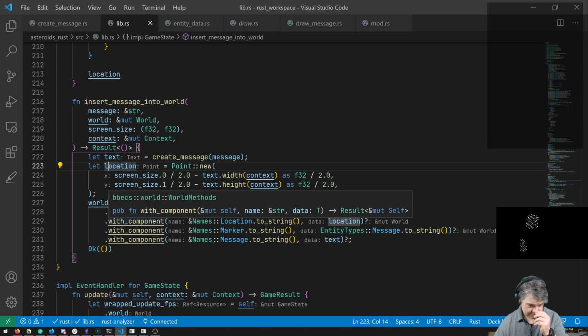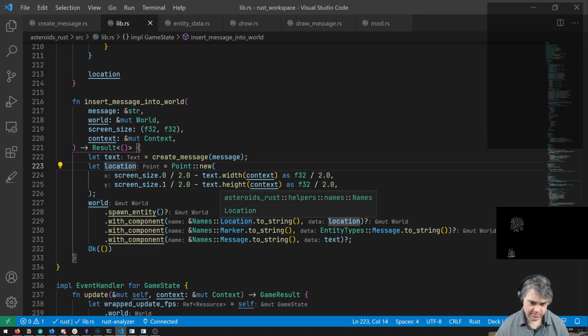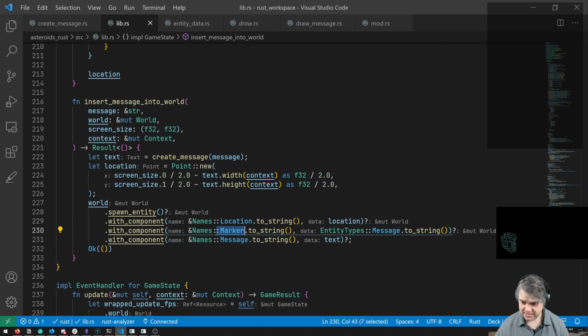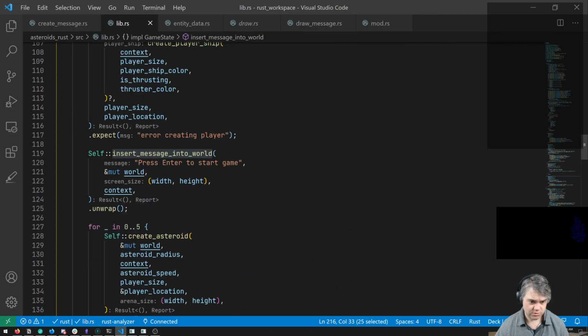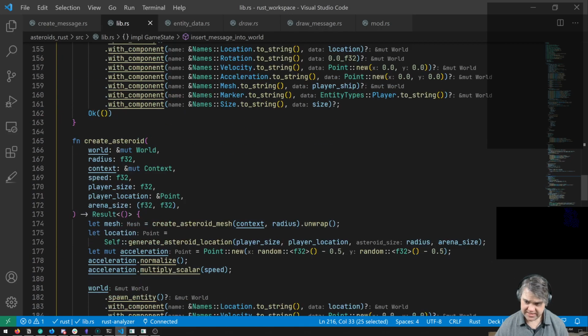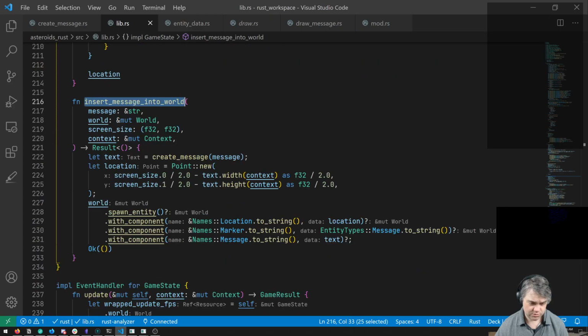Then we spawn the component with a location and a message and the marker, which I'm not sure I actually need. But okay, we have the message and we have the location. And we're calling this up here. Yeah, so that should be inserting it into the world. Okay.